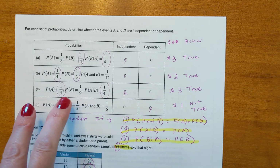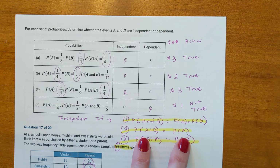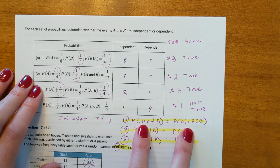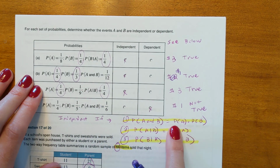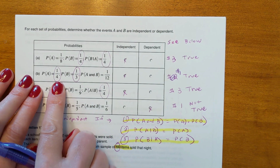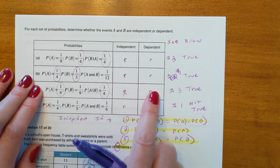And on the next one, choice 2 was true. The probability of A given B is equal to the probability of A. Oh no, it wasn't choice 2. This one, let's see, A and B, that's choice number 1. All right, so it was an "and." So with the "and," you have to be able to multiply together the 2 probabilities, and it needs to equal it, and it does, because 1/4 times 1/3 does equal 1/12. So that's why it was independent. So that was choice number